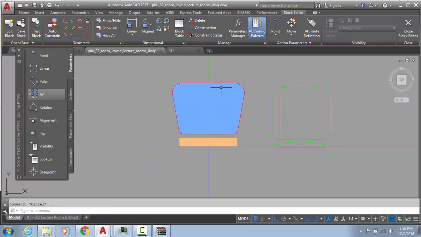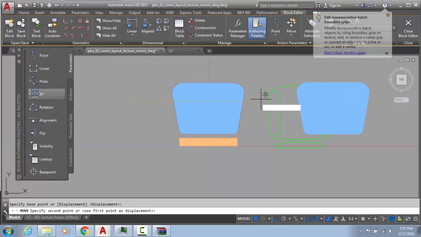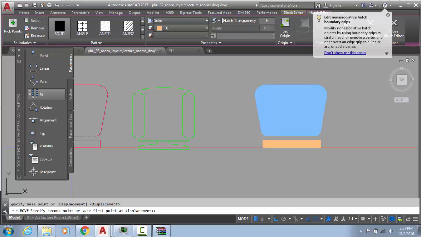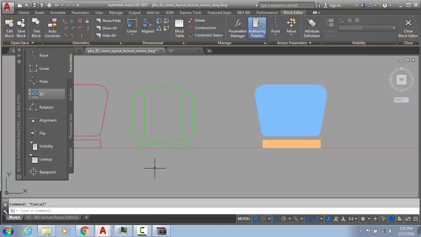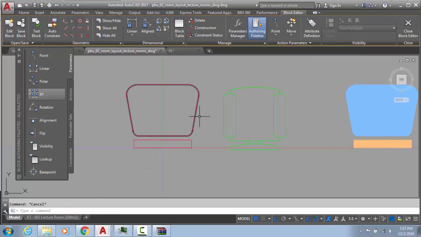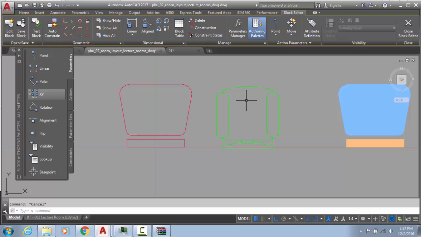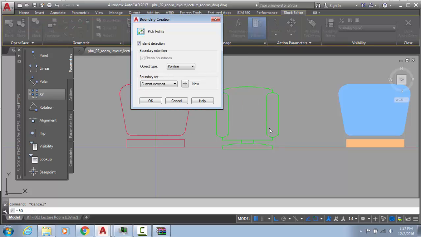Okay, now I am just replacing all this with this, so I am moving this first, because I want to put these hatches in this. You can, it depends on you, whatever you want to do. So this is again hatches that are not joined, so I am just trying to join them. I am not using any time. I am making one boundary